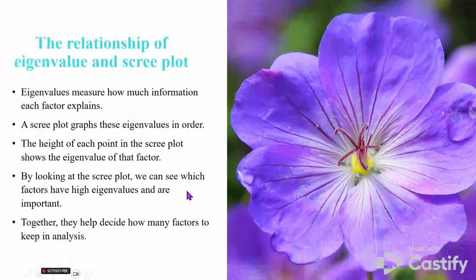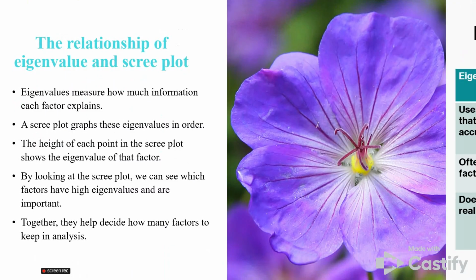The relationship between eigenvalue and Scree plot is: eigenvalue measures how much information each factor explains. A Scree plot graphs these eigenvalues in order, and the height of each point in the Scree plot shows the eigenvalue of that factor. By looking at the Scree plot, we can see which factors have higher eigenvalues and are important. Together, the Scree plot and eigenvalues help us to decide how many factors to keep during an